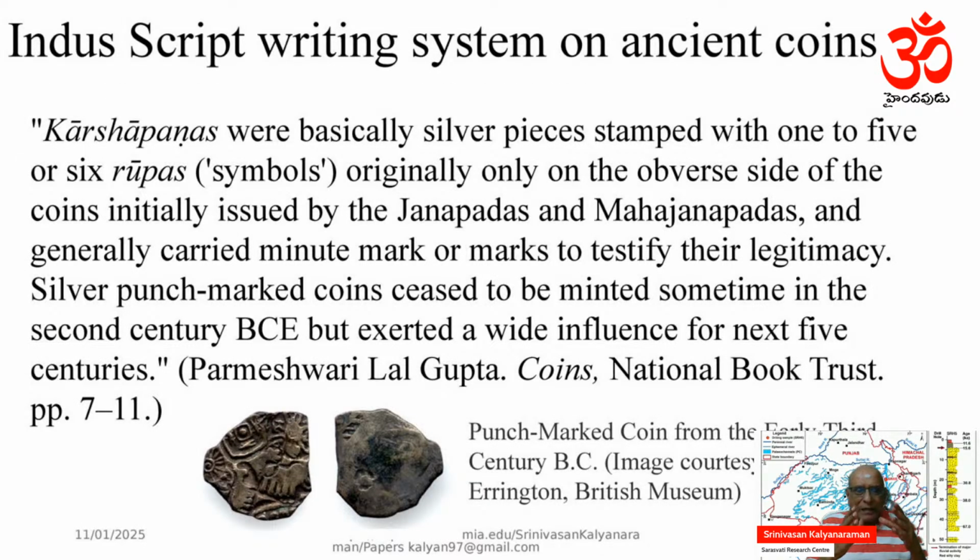So, the Indus script writing system appears on ancient coins of Karshapanas, which were basically silver pieces stamped with 1 to 5 or 6 rupees. We also have Indus script inscriptions of about 5 to 6 symbols. They were originally only on the upper side of the coins. Initially issued by Janapadas or Mahajanapadas, they generally carried minute mark or marks to testify